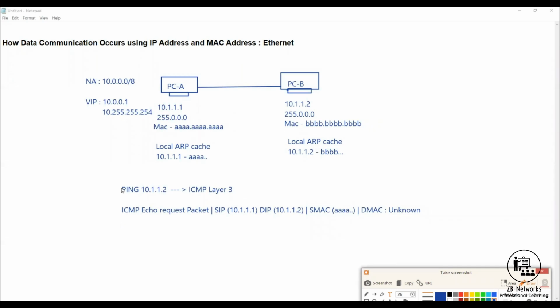So if your destination MAC is unknown, your packet cannot move to layer 1 because at layer 2 you have not added the MAC address, right? So your packet encapsulation is failing because you have not added the destination MAC, so the packet will never be moved down the layer, right? So you have to know the MAC address, and then only you can send the traffic to